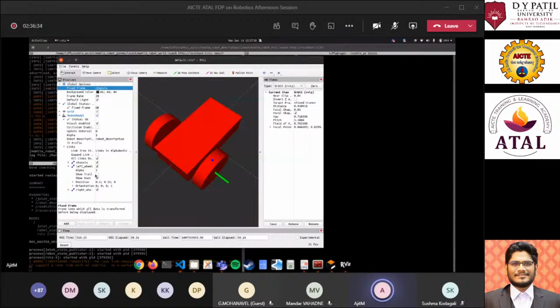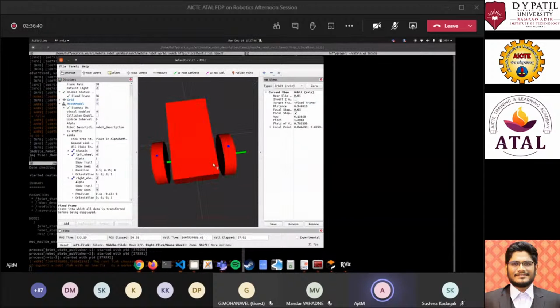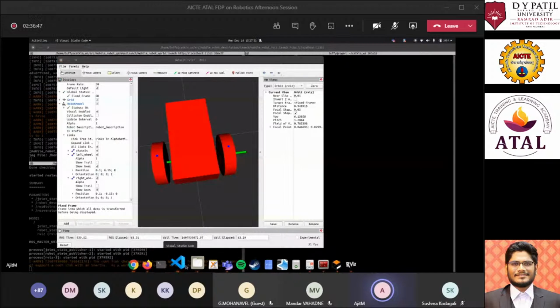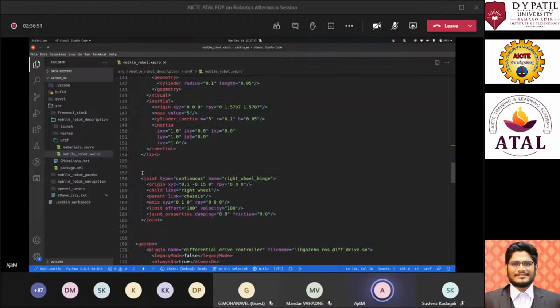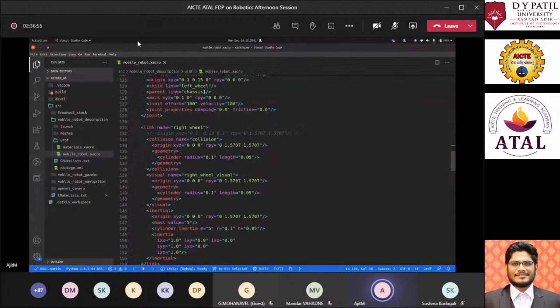And similarly, for the right wheel, if we go into the right wheel and turn on its axis, you can see again the rotation of this wheel is also in the Y axis. So when we go back into the code and see the definition of the right wheel, you can see it is very similar to what we have written for the left.